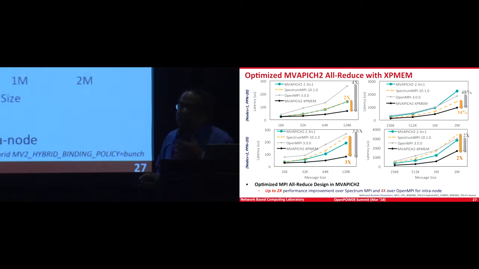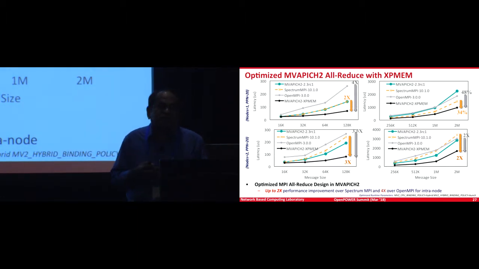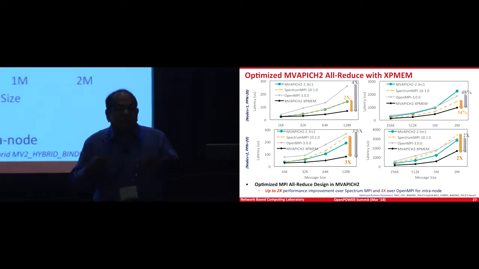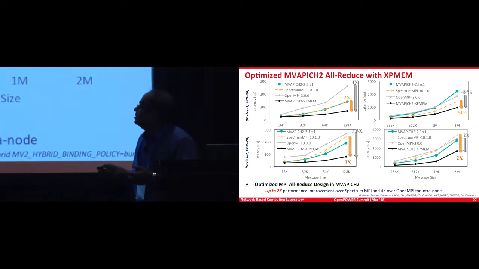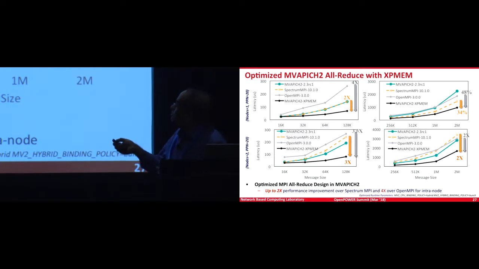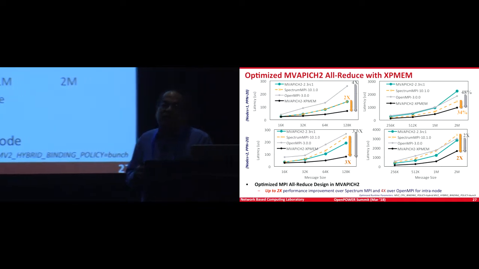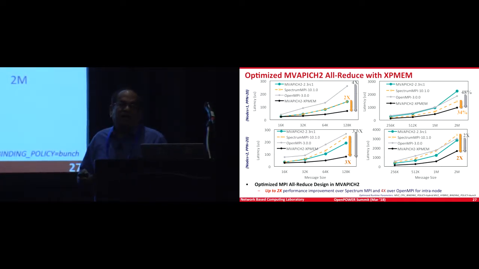Then there is a next generation solution we are trying to provide, and these kinds of solutions are not publicly available in a lot of other libraries. This is called an XPMEM-based solution. Cray MPI has this kind of solution, but not any other public open source library. So we have new designs coming up. It works through the kernel, but it's almost a zero-copy kind of scheme, so that you can optimize the collectives much more efficiently. This has not been released yet, it will be released soon.